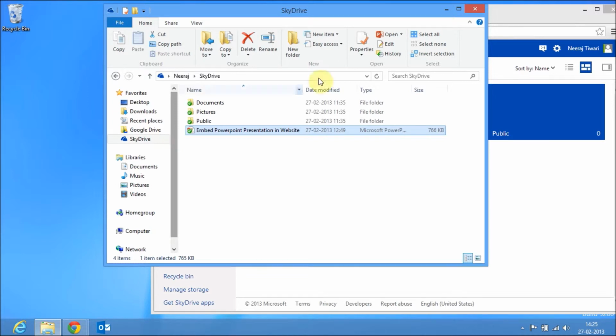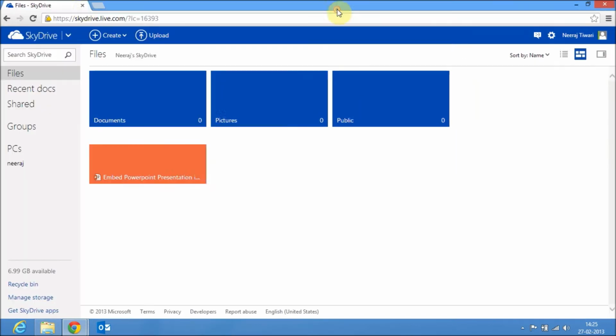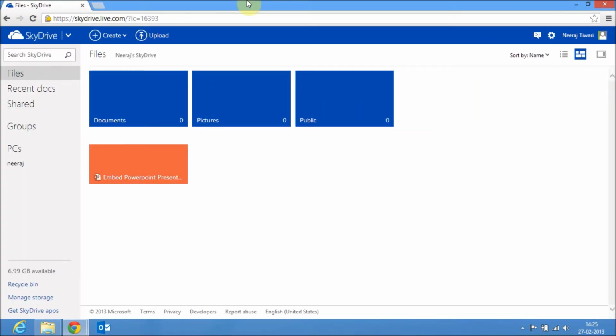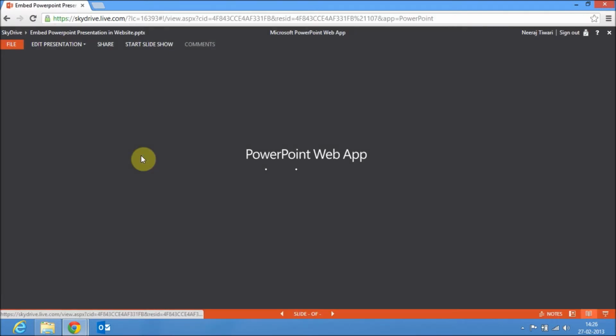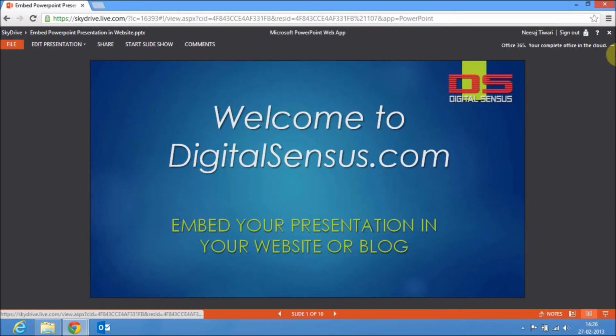Now this is not a necessary task, you can maintain it online also. For that you need to log into your SkyDrive account using your credentials and then go to upload your presentation. Once it is uploaded, it appears on your dashboard, and once it is done, click on the particular PowerPoint presentation file to open it in the browser itself. Now once it gets loaded, it will open in PowerPoint Web Apps, which is powered by Office 365, and here